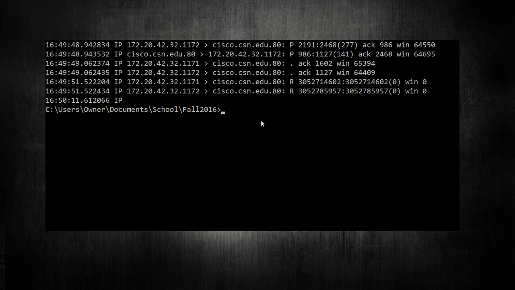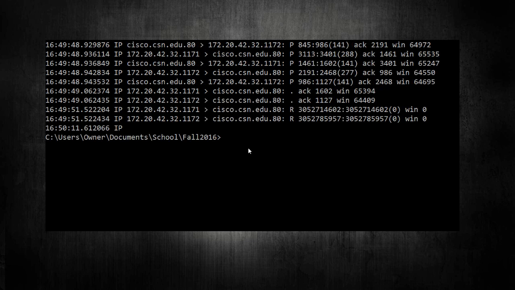One of the things that we can do, which is pretty cool, is say we want to look at all the TCP packets, but we're only concerned about, for whatever reason, packets that are smaller than, let's just say, 300. I believe it's in bytes, but don't hold me to that.